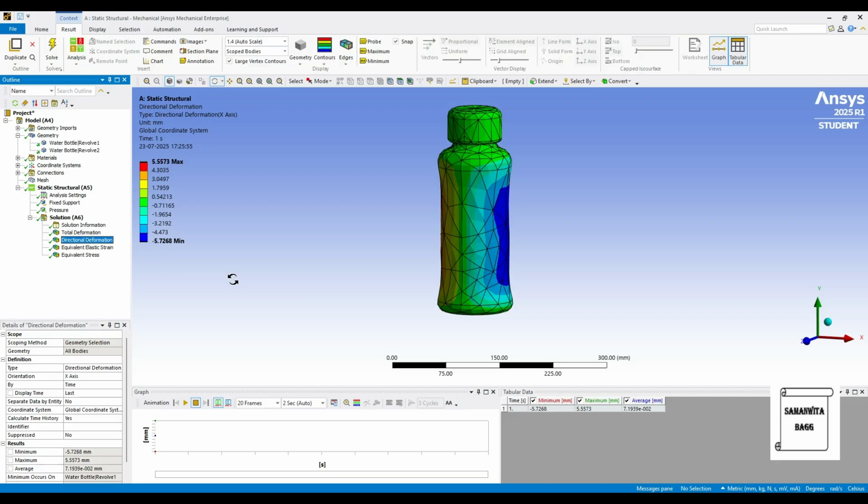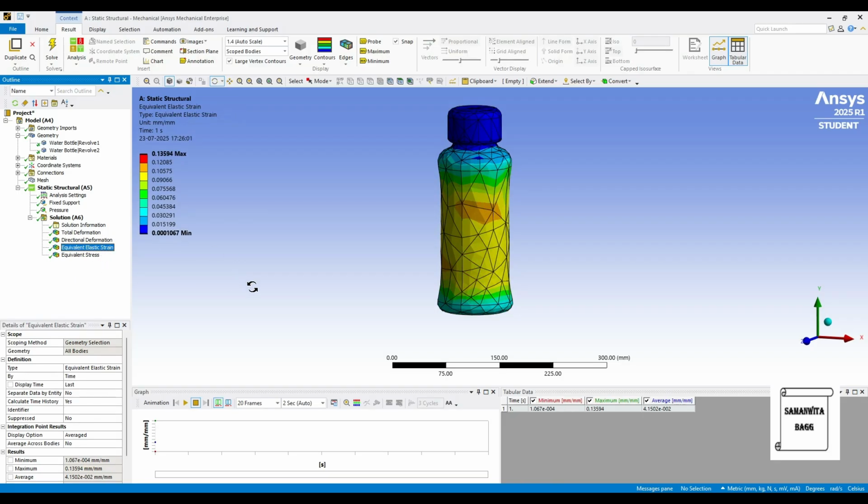Next, we'll go for directional deformation. Look, it is 5.55 mm in the x-axis. Then the value of strain is 0.135. It has again increased. And the stress is 147.49 megapascal. It is little less as compared to the previous one because the material is quite soft, and they are metals and this is a plastic. So obviously you will find a lot of difference in the deformation value, the strain value. That means the material will show more strain as compared to those materials.